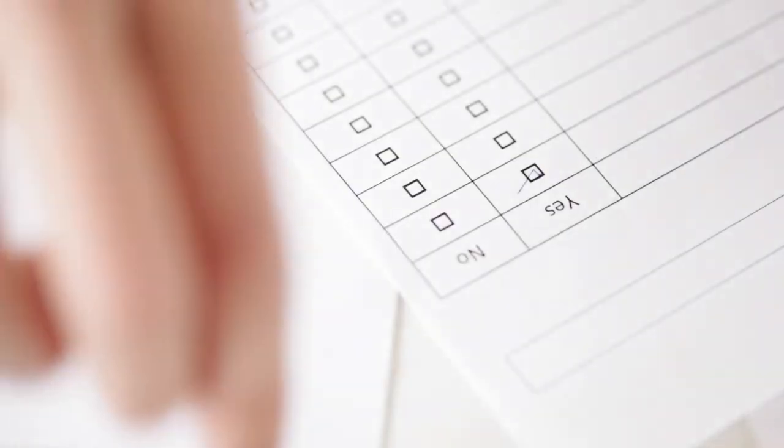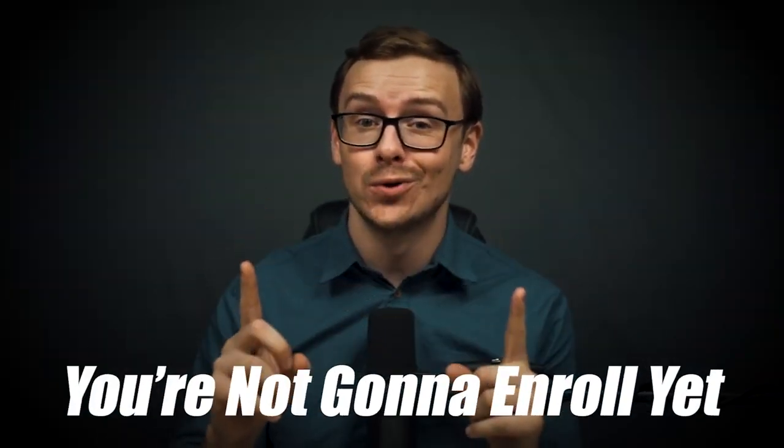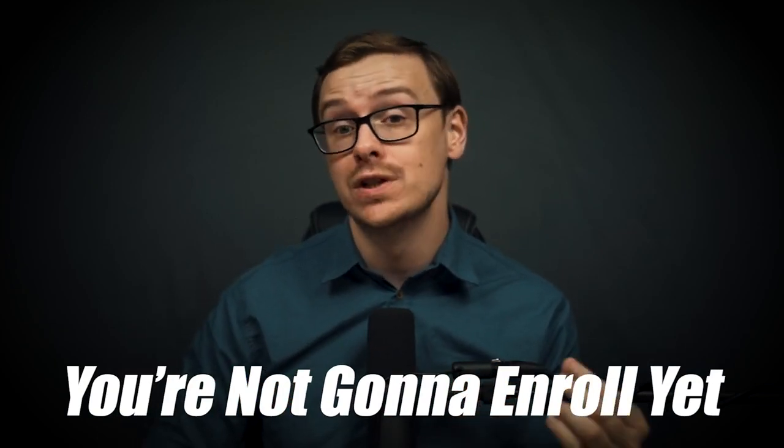At that point, you will get a list of classes back that you still have to take. At that point, you're not going to enroll, right? Because they're probably going to be pressuring you a little bit to enroll at WGU. And that makes sense, right? Because the sooner you enroll, the more money they're going to make, because they want you to spend as much time at WGU as possible. But you're going to go ahead and move on to step 2, which is you are going